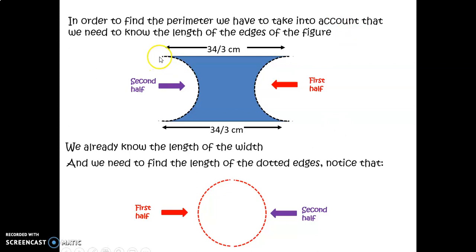Meaning that if I want to find the length of this part, the only thing that I need to do is to find the total length of a circle. But we already know that this circle in here for our previous example has a radius. And we are going to use this information and what we have learned from geometry and the videos that I asked you to watch, that the perimeter of this circle is going to be 2 pi times